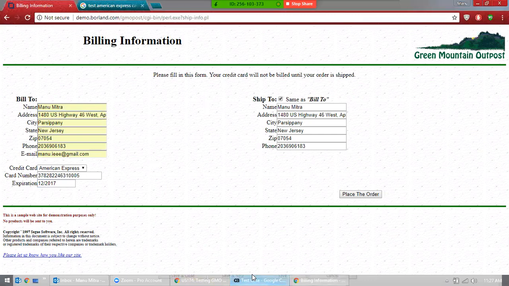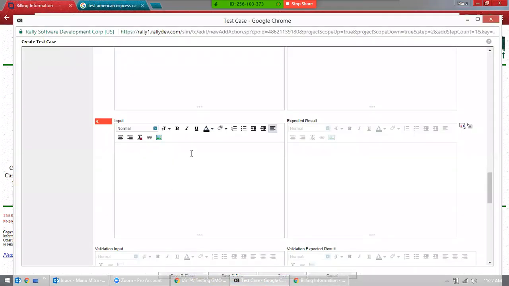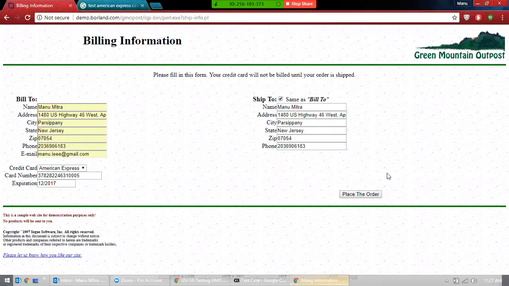Now my test step is: fill all the information in the billing information page, and click the place the order button. Okay.